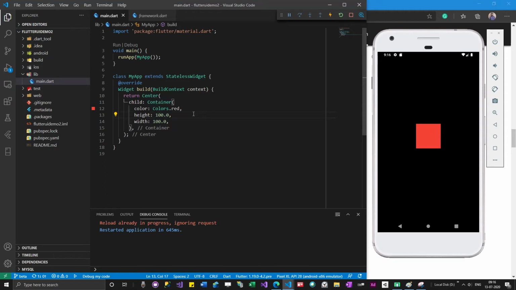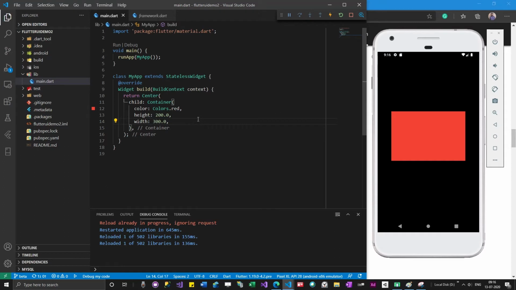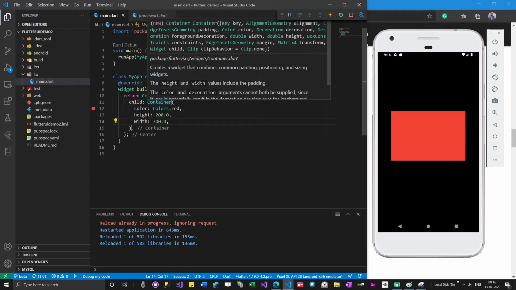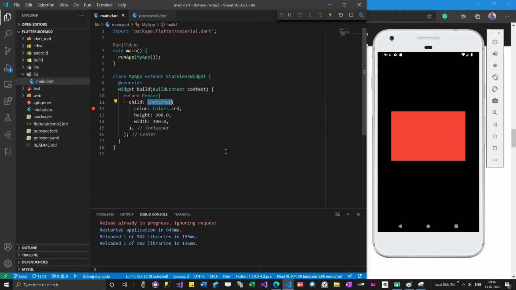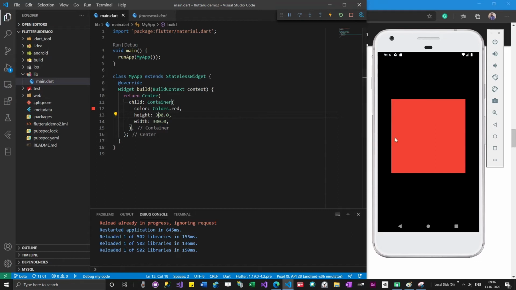So I can change these properties and see how it grows, width-wise. Right now what we have done is we have created a widget that has a container. So basically we have created a container example. If I give both width and height the same, it's a square.